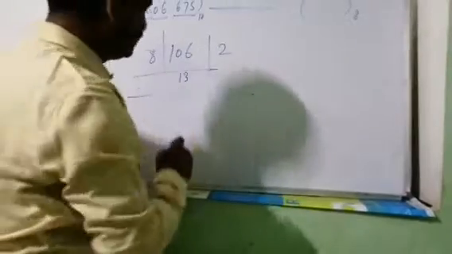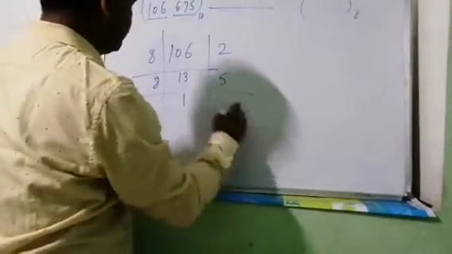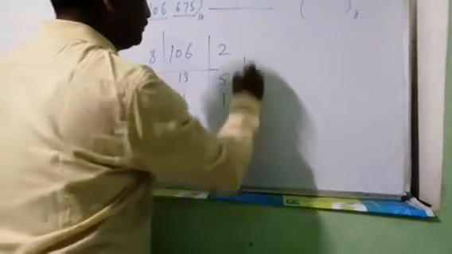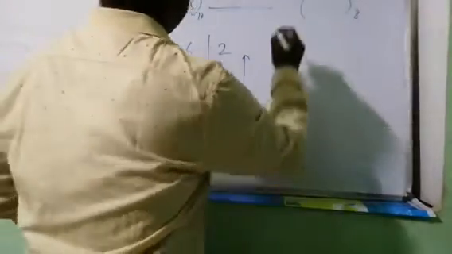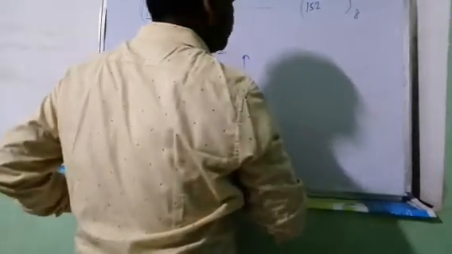Will be the quotient. 2 will be the remainder. 5, 0, 1. One, 5, 2. Now